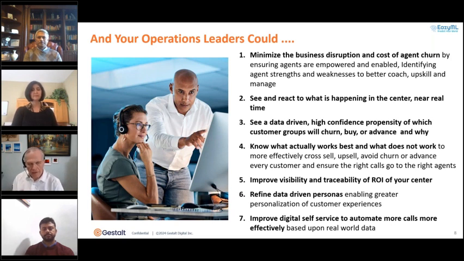And then a little bit more depth. Is there a way that they can refine their personas? Personas and segments being what drives how you deal with the customer. Every customer today wants a hyper-personalized experience specifically for them, and in order to do that at scale, you have to have a structure around that. Typically it's around personas, but most centers have 8, 9, 10 personas. What if they could have 50 or 60 or 70 and actually manage that with the help of technology?